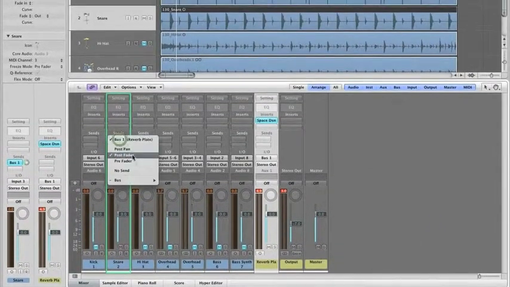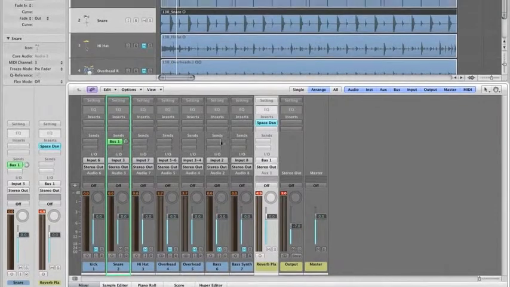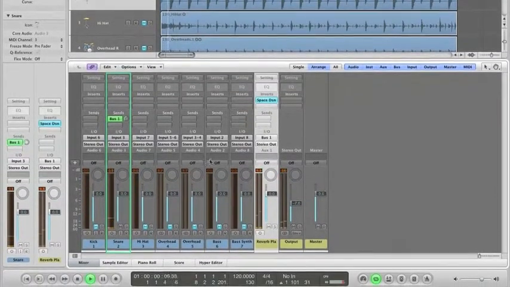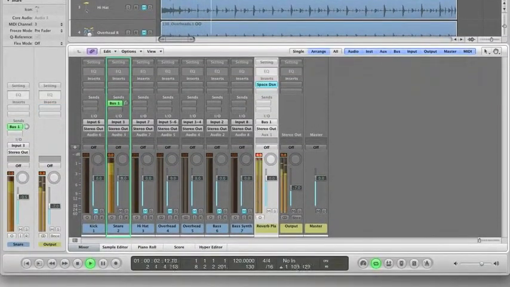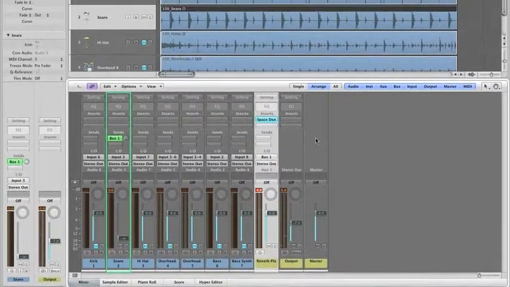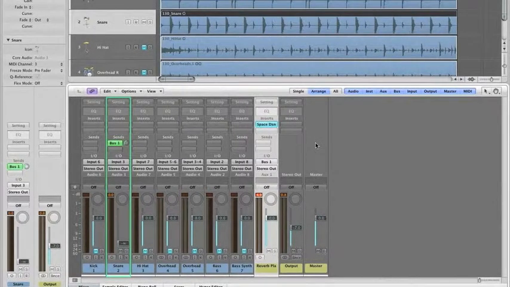When I play it back, I'm going to pull down the main volume of the snare track. When our fader reached 0, we were left with a completely wet reverb. This is how we